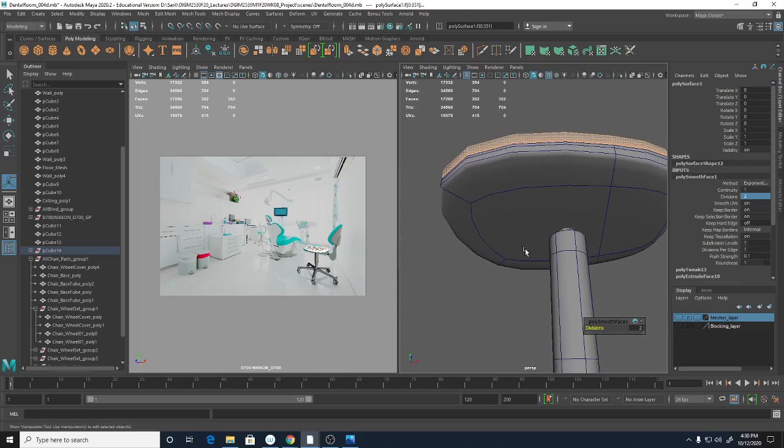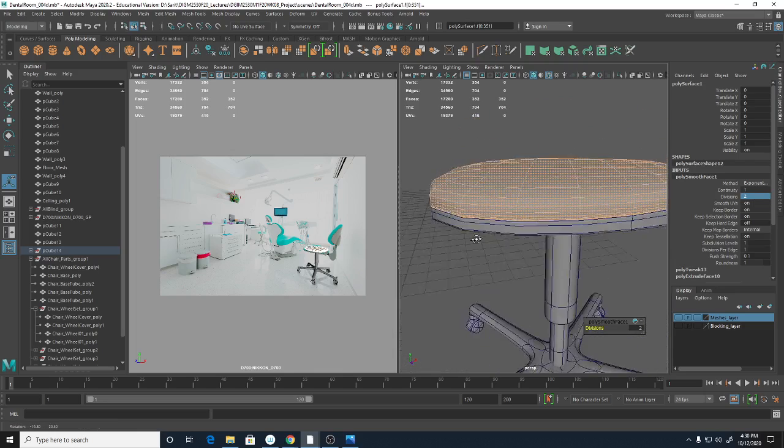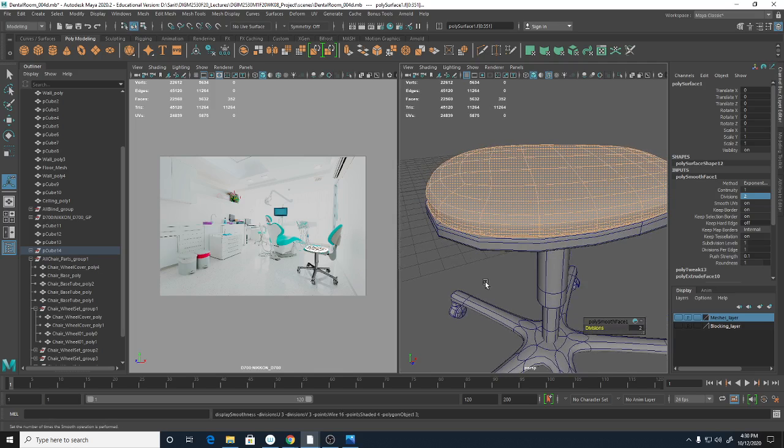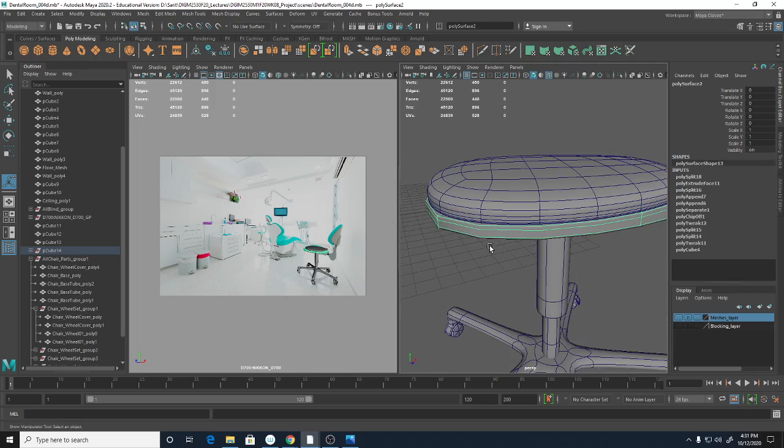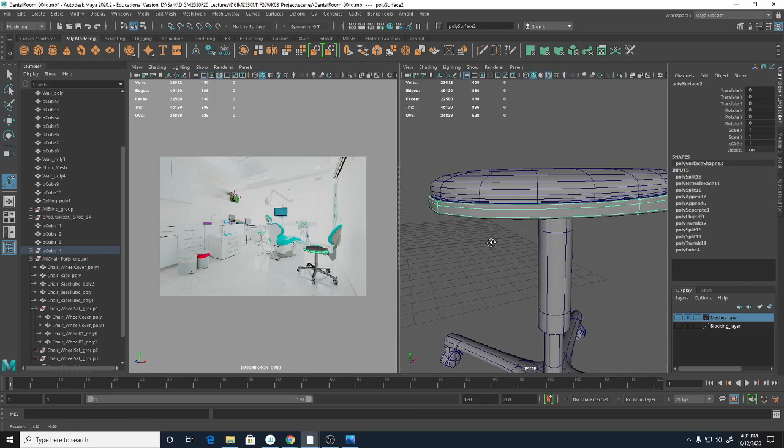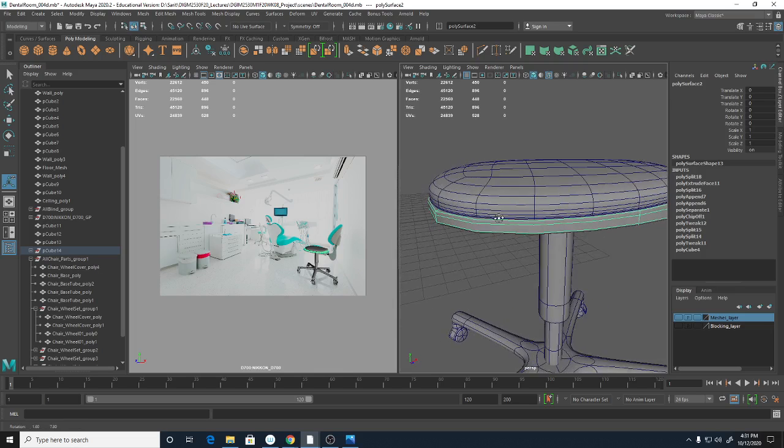3, try to match it. I think 3 is enough. So now when I press 3, it will look like this. This section can be smoothed also to match. So now, but this section, before you smooth though,